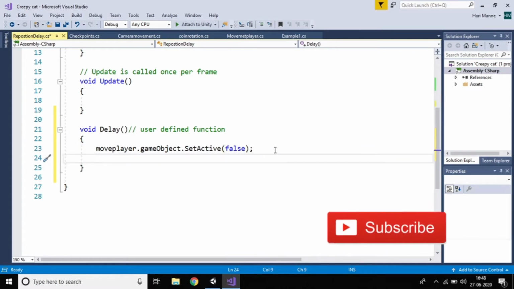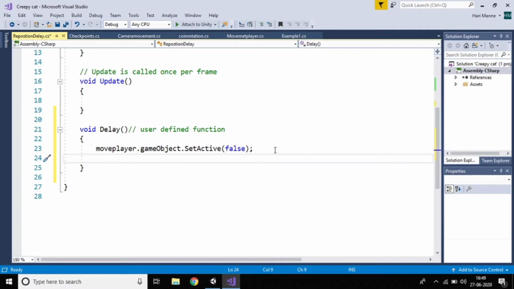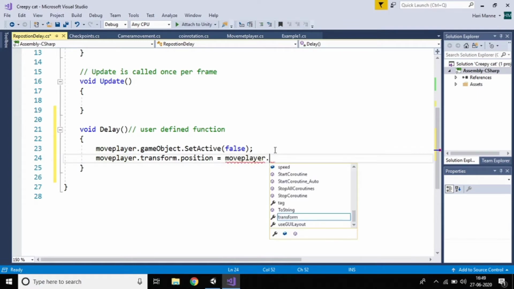And then it should be true again. If the player falls down, its transform position should be there. Let's see how I'm writing it: movePlayer.position, I'm taking the position of the player equal to movePlayer. So here the value I'm taking from the movement player.